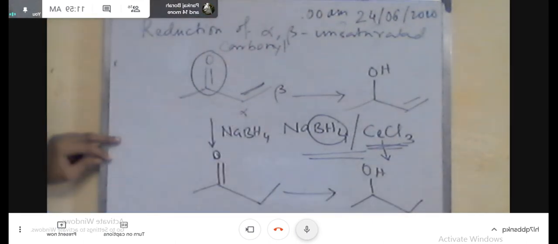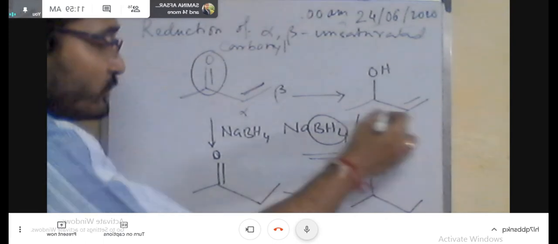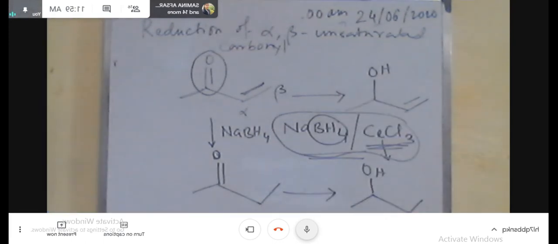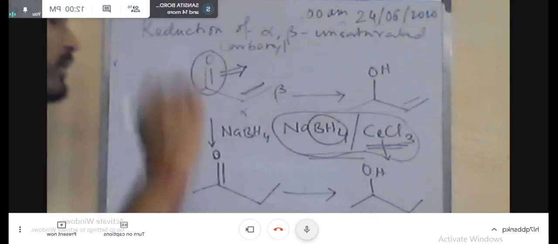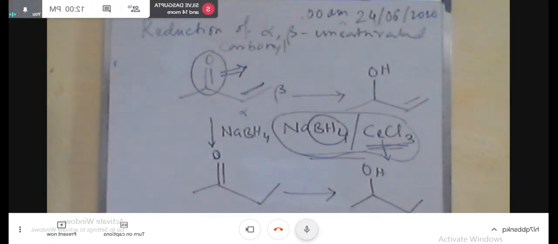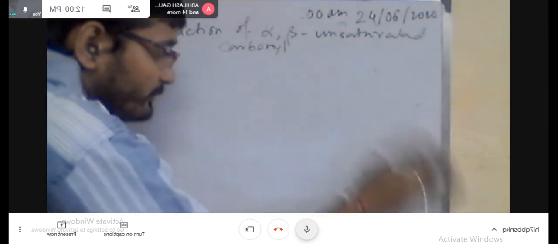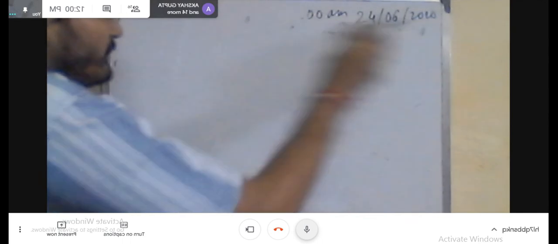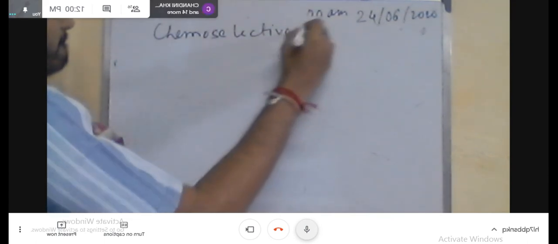Now in this case, if you simply use the sodium borohydride, you know sodium borohydride can reduce both the aldehyde as well as the ketone, so both the centers will be reduced. So to avoid this, you have to use the cerium chloride again, but 7H2O, that means having the crystal water here, and it can selectively reduce the ketone, not the aldehyde. So in this case, the structure of the product will be CHO and it will be OH. So this is another example of the chemoselective reduction.